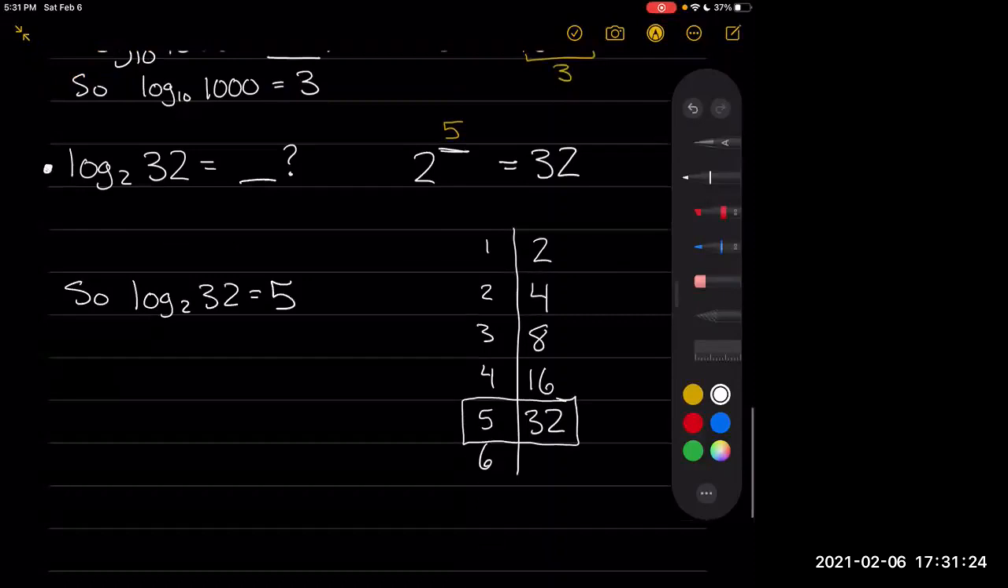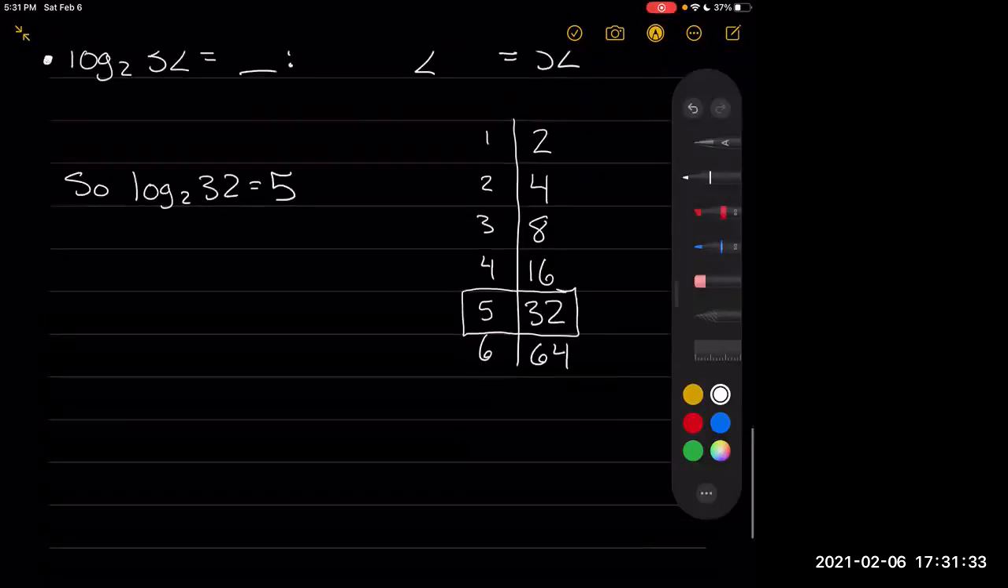And then if you wanted to keep going with the table, there would have been a 64 here, but we found the one we needed, so we didn't need to go further. And now looking at one last example for this part,